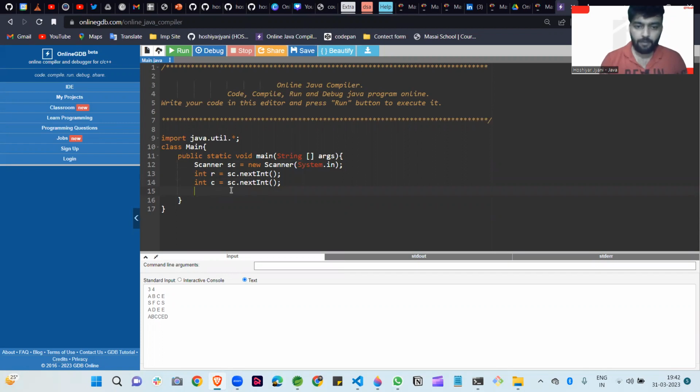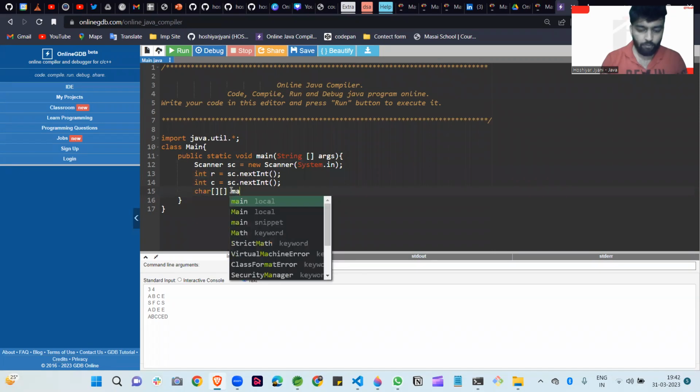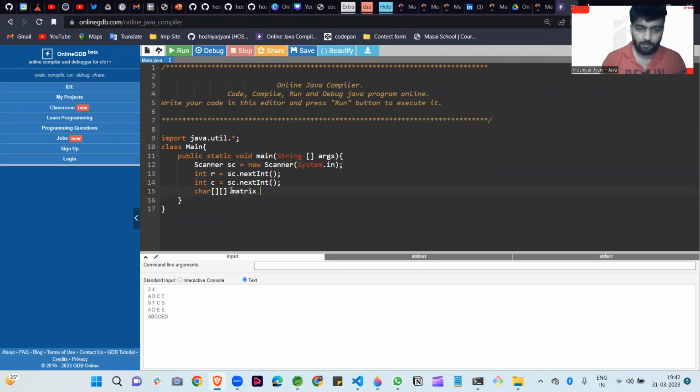After that, we are creating an R into C matrix of the character type. So that's why I write here char, a char type matrix, and the name of the matrix is matrix. Okay, guys. And how can we create the matrix? New char, and the row is R and the column is C. This is an R into C matrix. The next step is filling the values in this matrix.